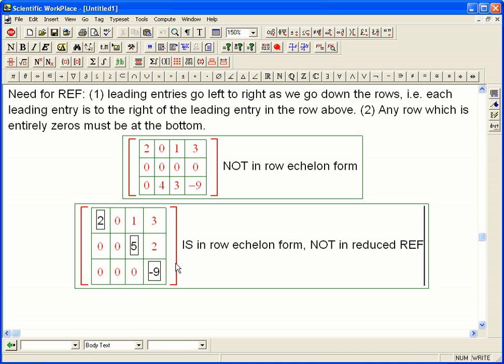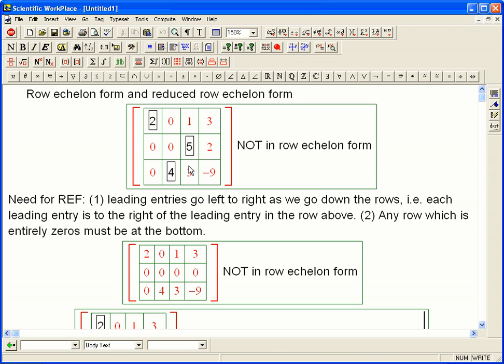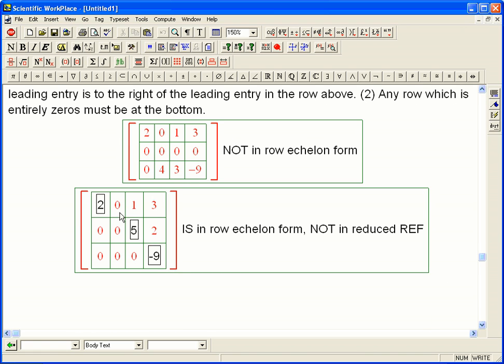Okay. The reason for that is there's one other thing, or two other things rather, we need for reduced row echelon form. Let me clarify something I forgot to clarify already. The book requires, and this is a difference of opinion among people who write linear algebra texts, the book would say this is not in row echelon form because these are not ones. I think the majority of people actually take the other convention. The other two things we can ask